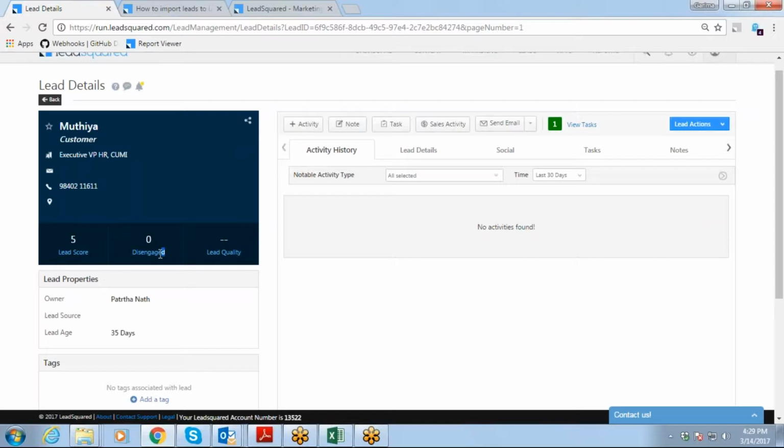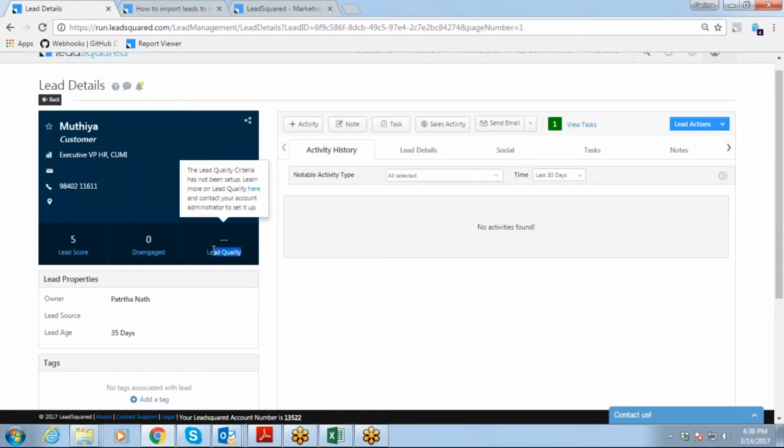The second thing is the engagement score. The engagement score is something which is time bound, right? So whenever the lead comes in, you select some 15 or 30 days for that, and in those 30 days you select some particular activities with that. For example, how many email links were clicked by this lead, how much time did they spend viewing that, right? So you can just keep a check on this and see this engagement score.